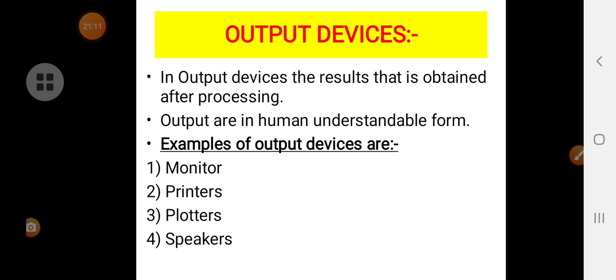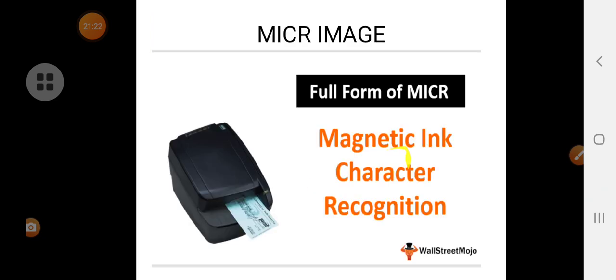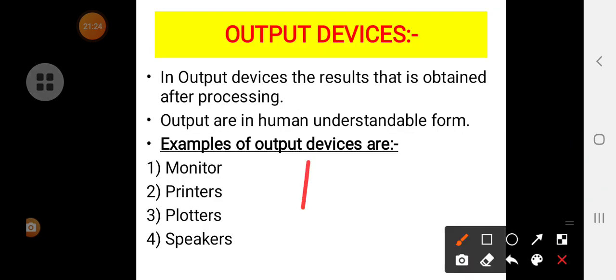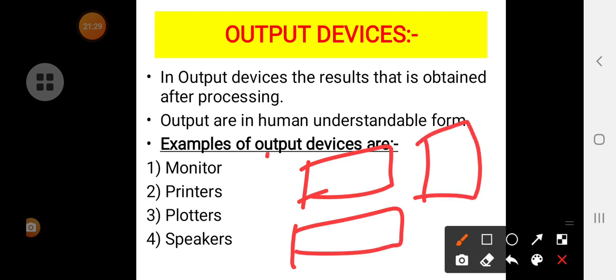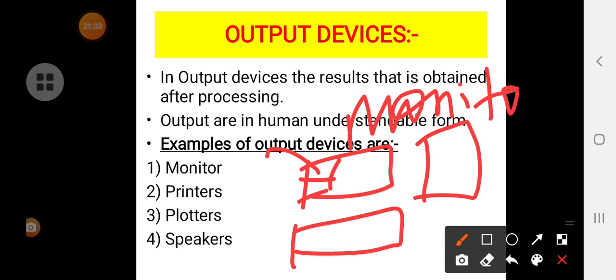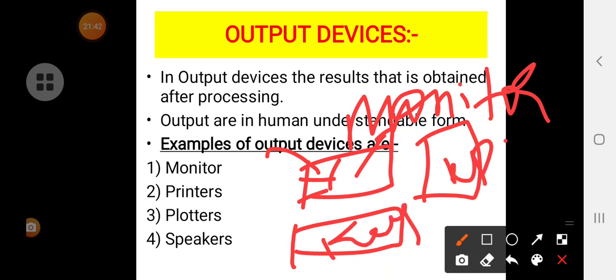Okay, what are output devices? In output devices, we get the results that are obtained after processing. So after processing in the CPU, see, this is the output device. Output device is what here? This is the monitor. One of the main output devices in a computer environment is the monitor. This is what? Keyboard, that is an input device. This is a CPU.